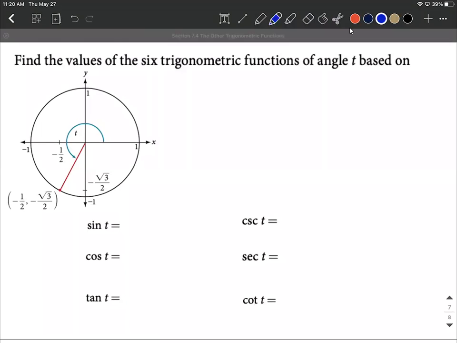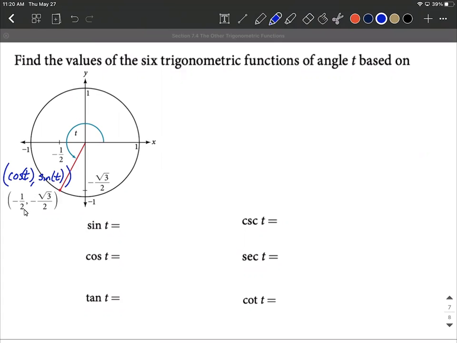All right, our goal is to find the 6 trigonometric functions based on this angle that gives us a terminal point on our unit circle. That's actually pretty nice, as long as we remember that any of these terminal points always goes as a cosine value first, and then a sine value second. As long as we know how to read this ordered pair for this terminal point